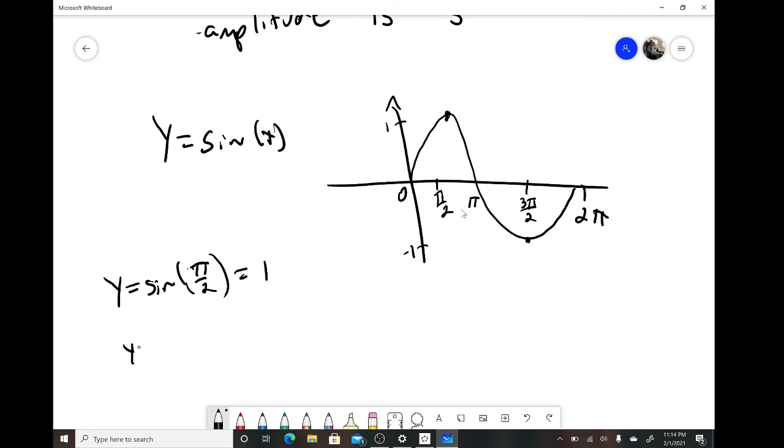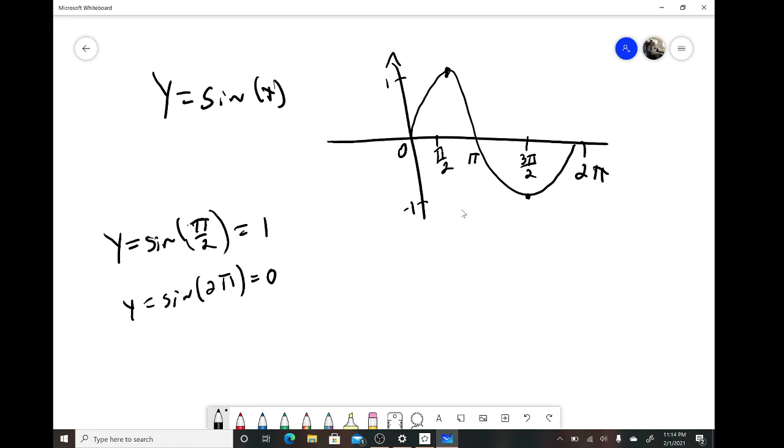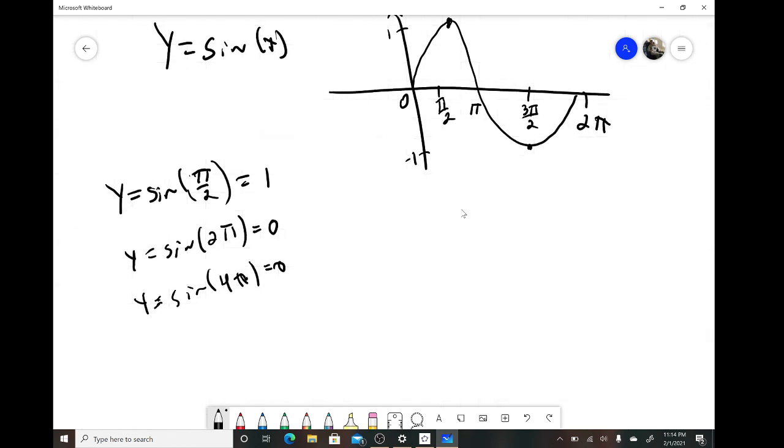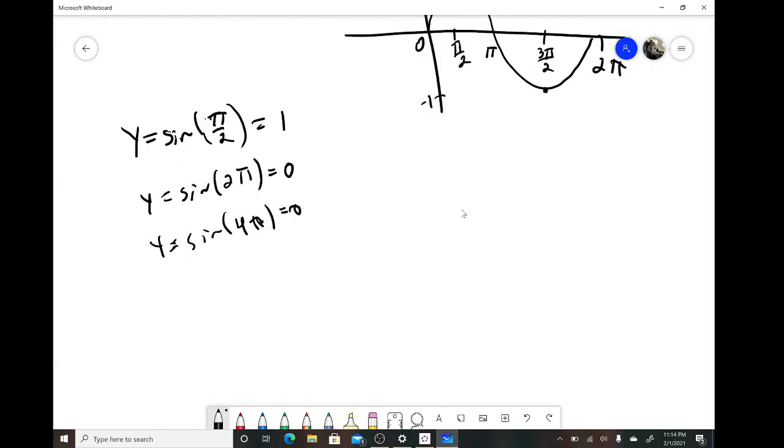If somebody asks you what is sine of 2 pi, you could tell them that it's equal to 0. Similarly, if somebody asks you what is sine of 4 pi, because the wave repeats, you could also tell them that that is also equal to 0, and so on. So this is the basic sine wave. You can also use this wave to find other intermediate values of sine, not just these more basic ones. Similarly, for cosine,